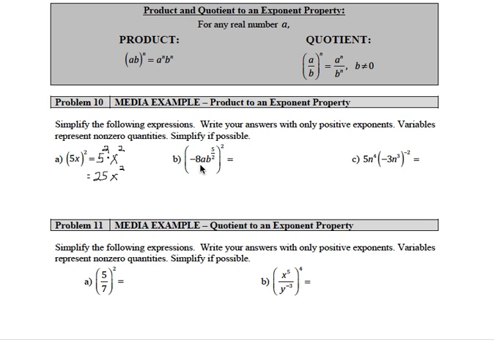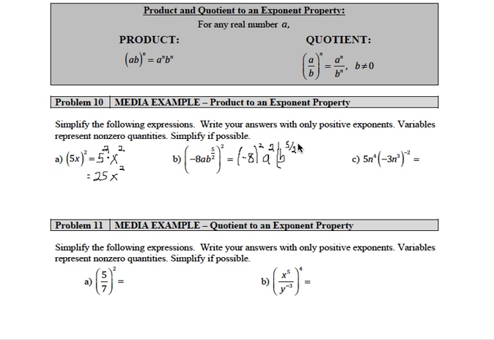Part B gets quite a bit more complicated. I have (negative 8 times a times b to the 5 halves), and all of that is going to be squared. So if I apply the product property, I'm going to take negative 8, square that, a, square that, b to the 5 halves,